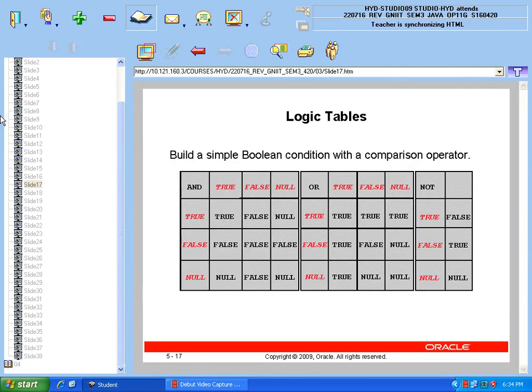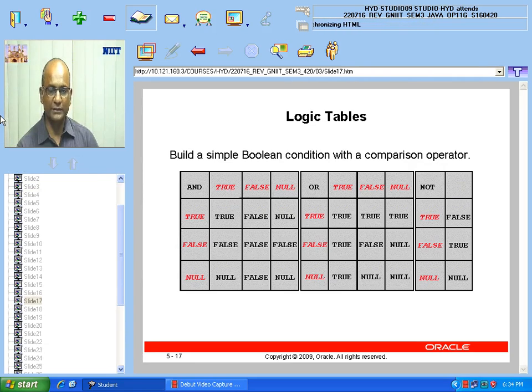So I'm showing a truth table here, the logic table, for when you are using these Boolean expressions, when you are using AND, when you are using OR, when you are using NOT, okay? If you are combining two different expressions, then use AND. So how do you write it? I'm writing here